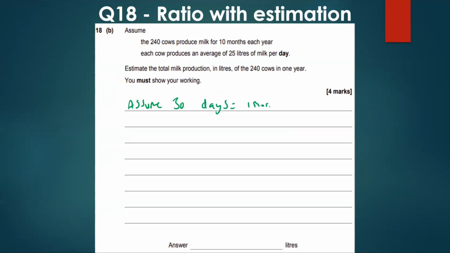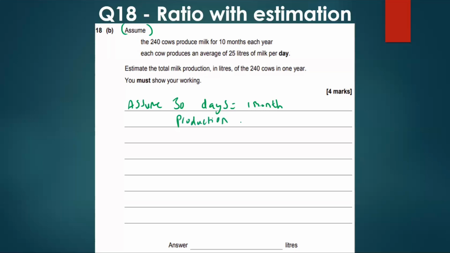So writing this down to my examiner shows that I'm assuming that, because some months have 31 days, there's sometimes a different number of days in each month, depending on the month. So assuming 30 days, writing that down obviously shows the examiner what you're going along with, and that is why it's an estimate, and that's why it says assume. So if we're assuming that, then the production is going to be